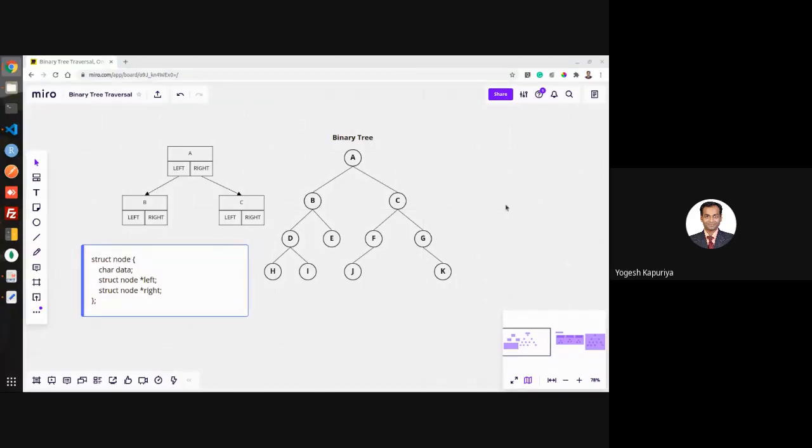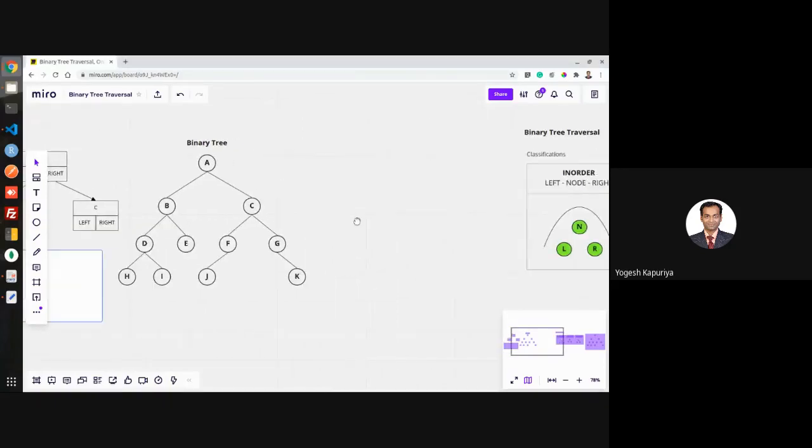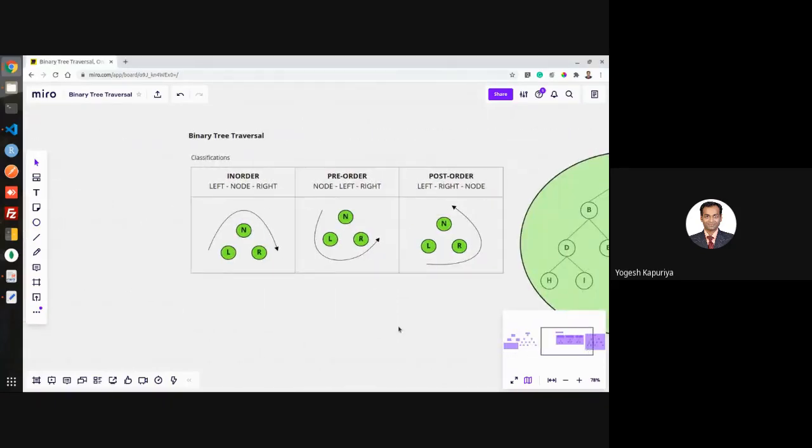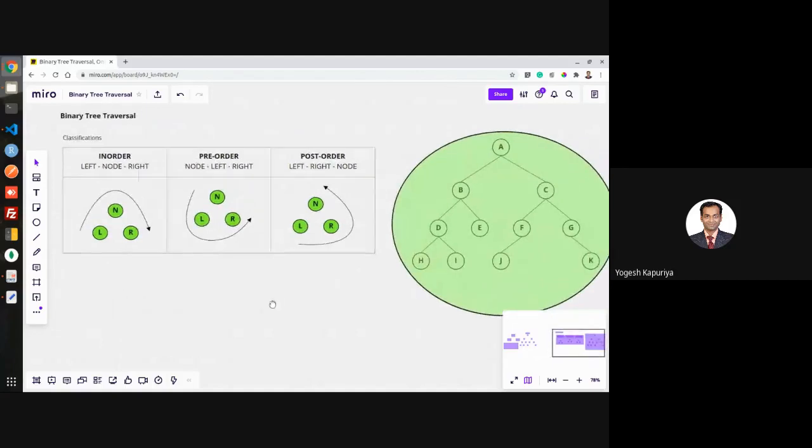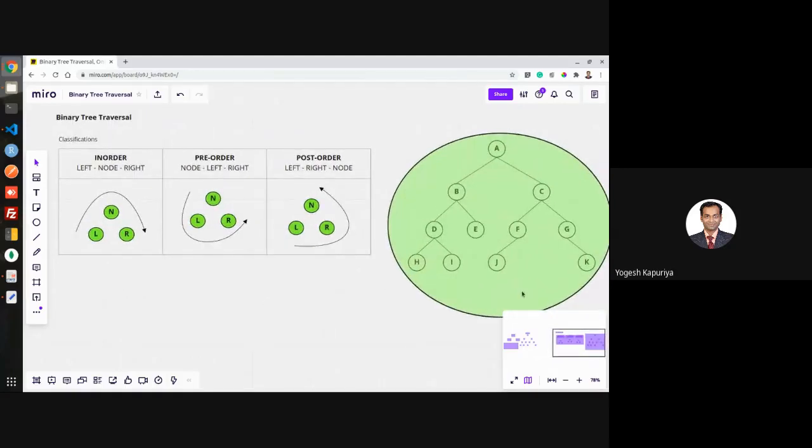Okay. So let's discuss a traversal on this. So basically, what is traversal? Traversal means that we want to search or we want to represent this tree, or we want to search something within a tree. So that's the simple meaning of traversal. Let's say you want to find out something inside a tree, whether it exists or not.